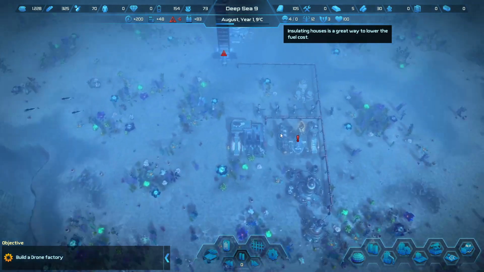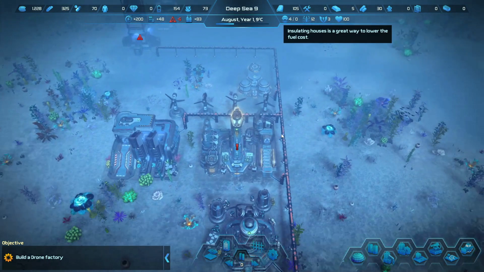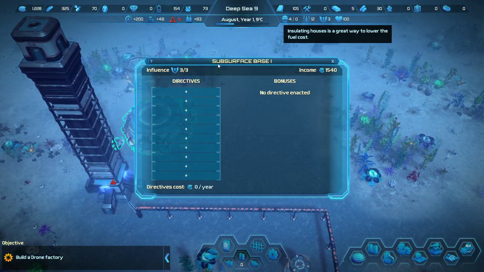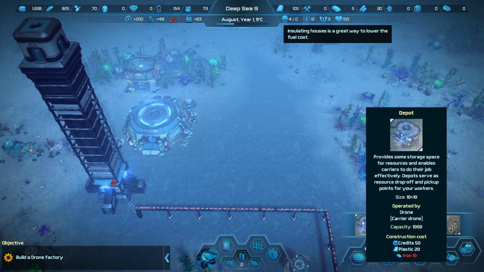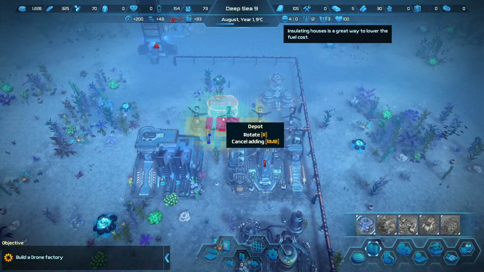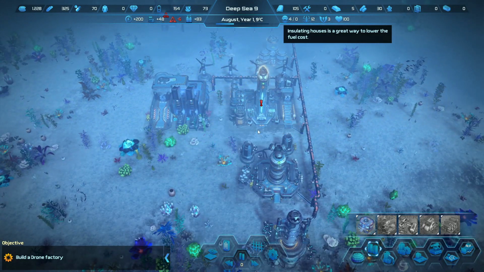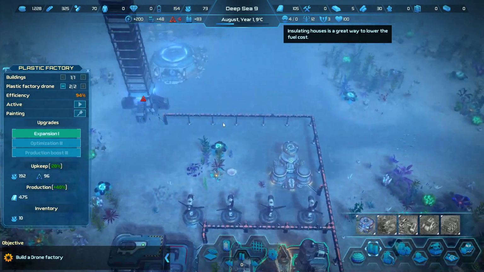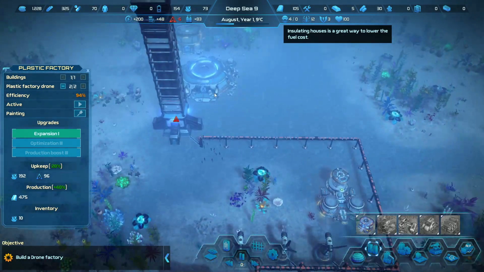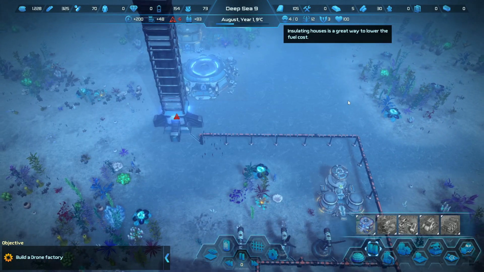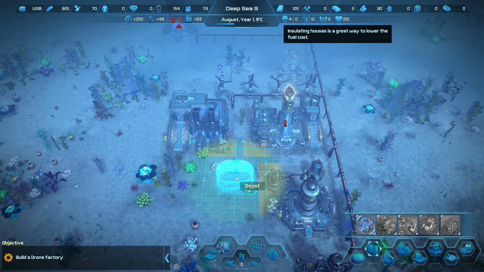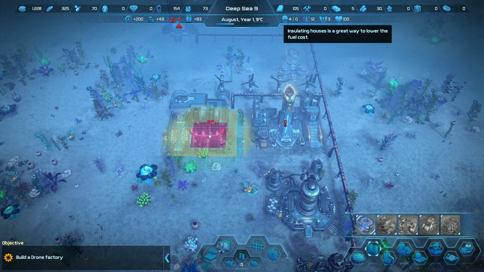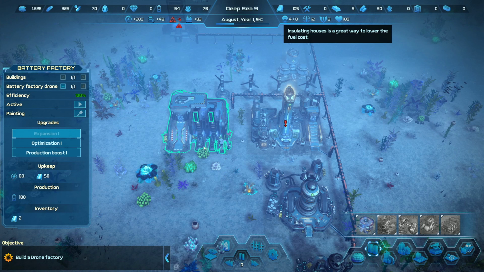What is also important: through the tutorials, you didn't have any depots to build, right? At the start, your only depot is your surface base. So we're going to talk about why it is really important for your depots to be strategically positioned, so your people don't need to walk all the way from the plastics factory to your subsurface base 1. Instead you put a depot somewhere smartly, where you know it will get used. And now suddenly battery workers, battery drones, just slick gone,